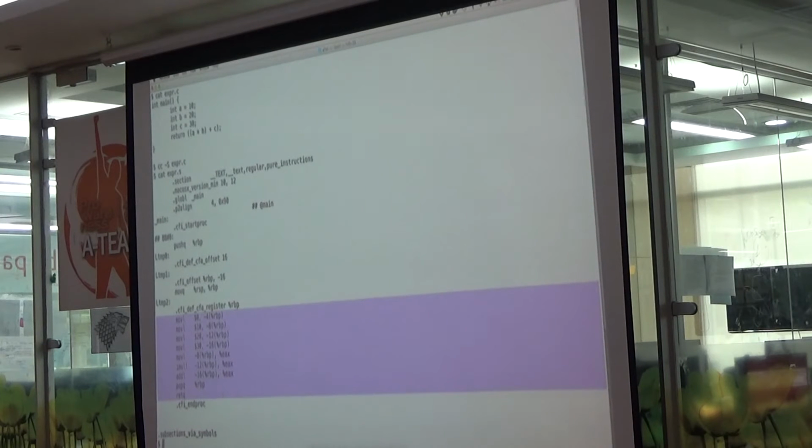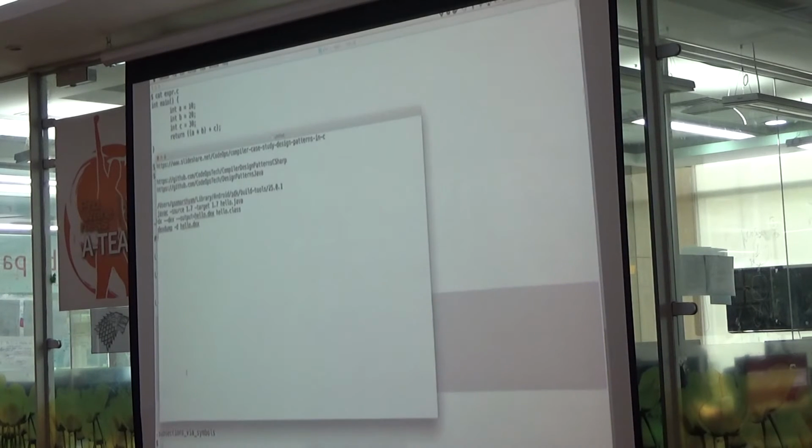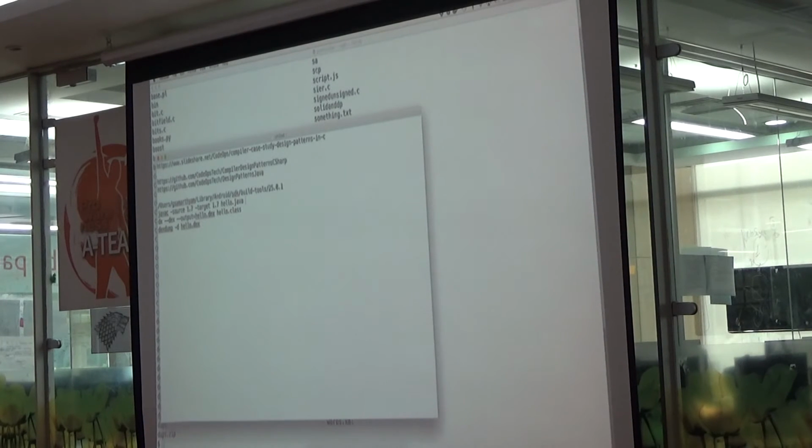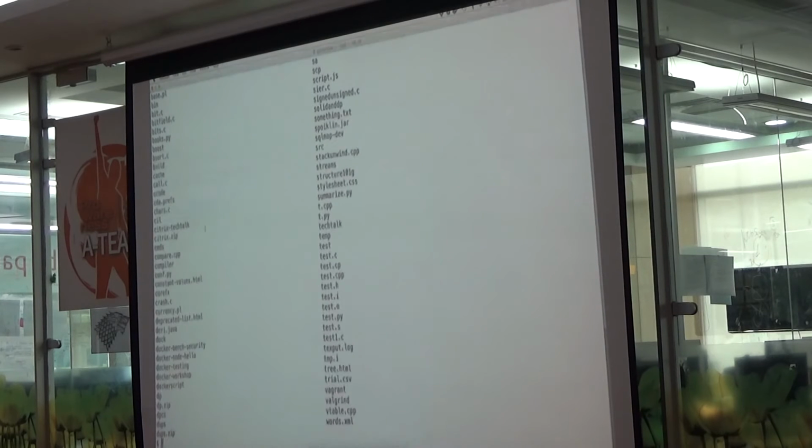Another example of code generation is for a virtual machine which is register based. Now I don't have the instructions right away, so I'm going to use a Java example. I'm going to go to this directory.